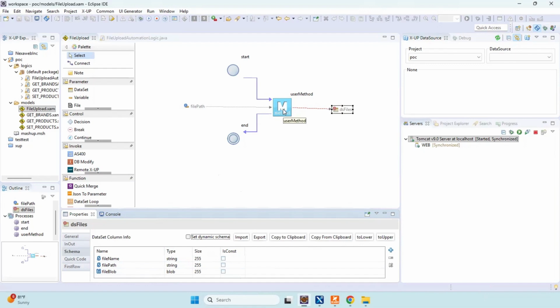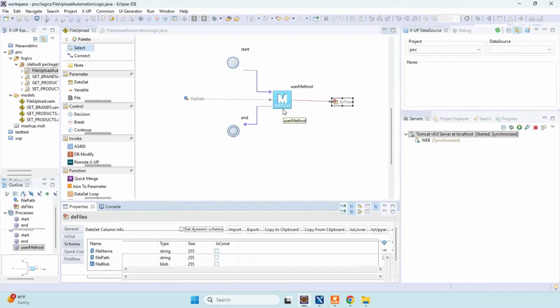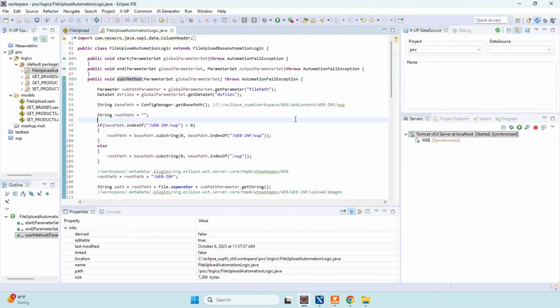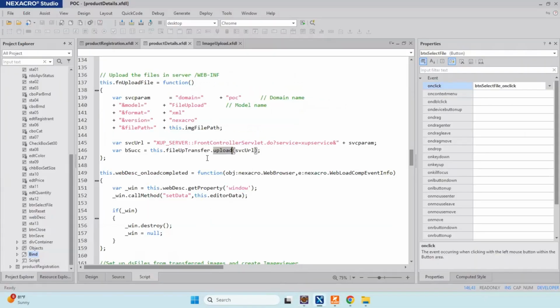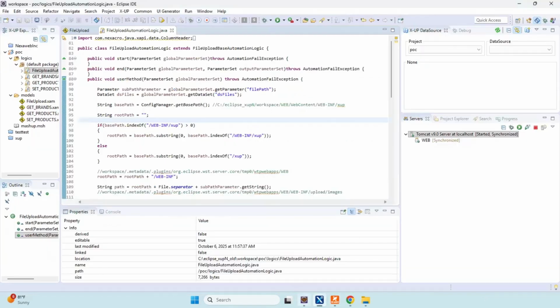So I double click on the user method to see the implementation here. So we get the global parameter set file path, which is what we sent from the UI, file path. And we are going to return DS files.